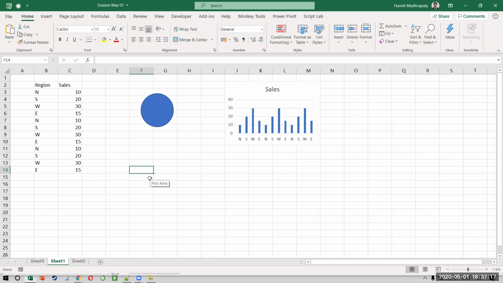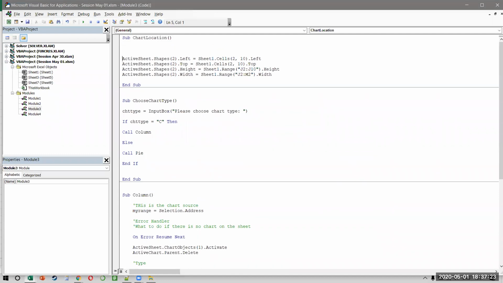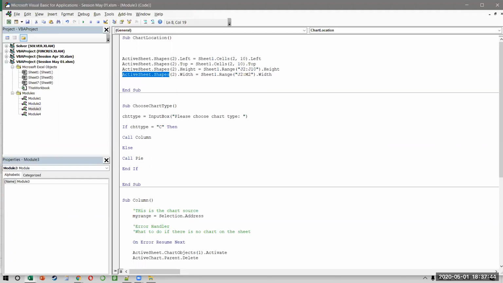Right? Now, this again can be controlled by the user. Imagine how useful this can be. Wherever you're saying this, if you notice, this says the width is J2 to M2. If you were really smart, what we could have done is we could have kept this dynamic, right? So basically, I could have kept a range in which I could have said, just watch this. So let me just copy this.